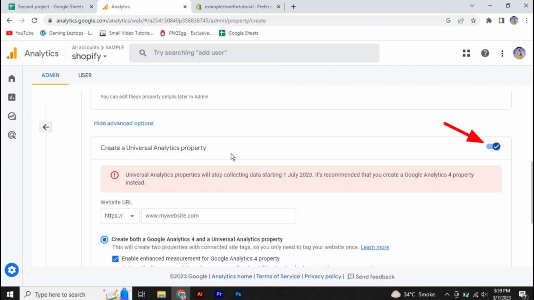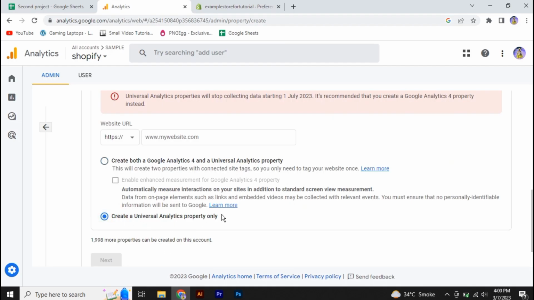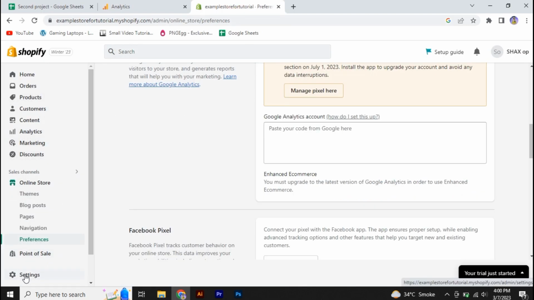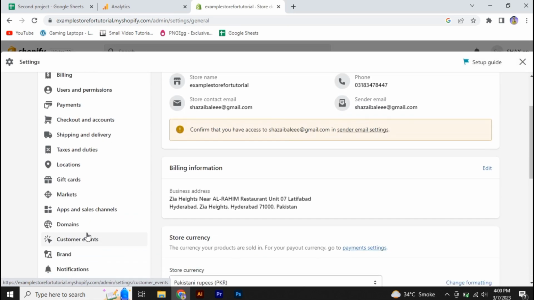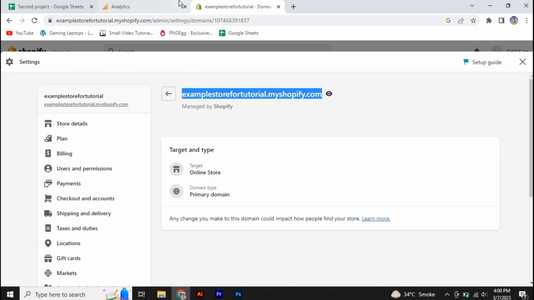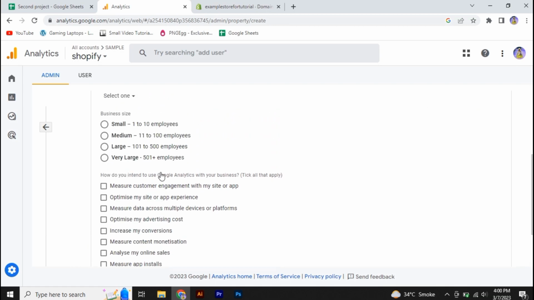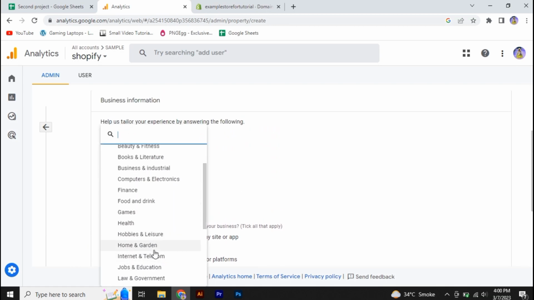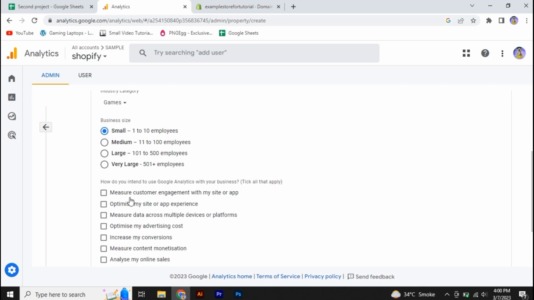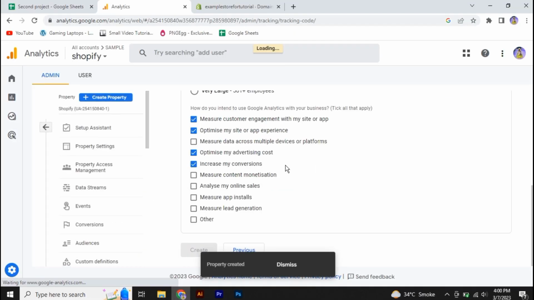So just check create a universal property, and after that again check create a universal analytics property only, and after that you need the website URL, which is basically the URL of our Shopify store. So just simply go to Shopify and then go to settings and click on domain, and simply copy your store domain from here. Now paste the domain over here. Alright, so after that click on next. After that you have to select a niche, your business size, and you have to check some options. Anyways, after setting up everything you're gonna go and click on create, and you can see our property has been